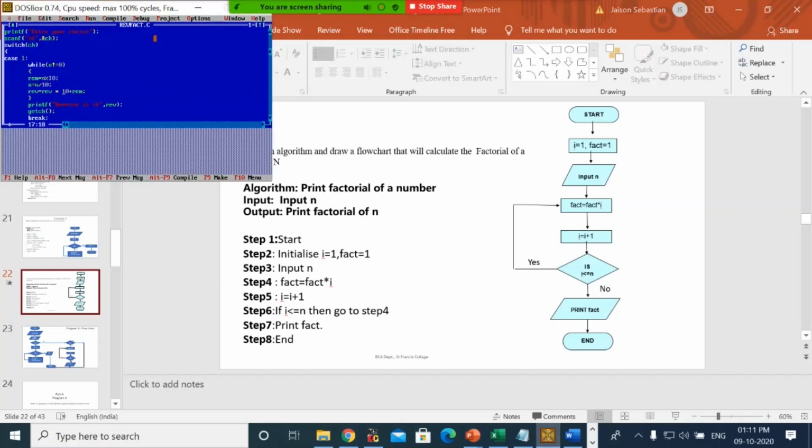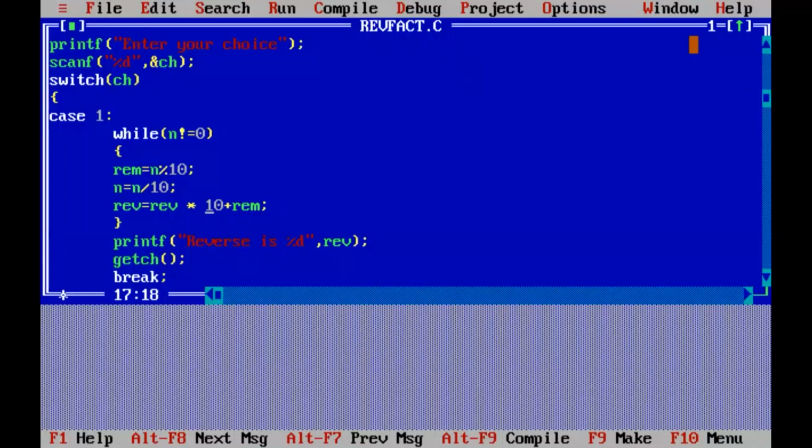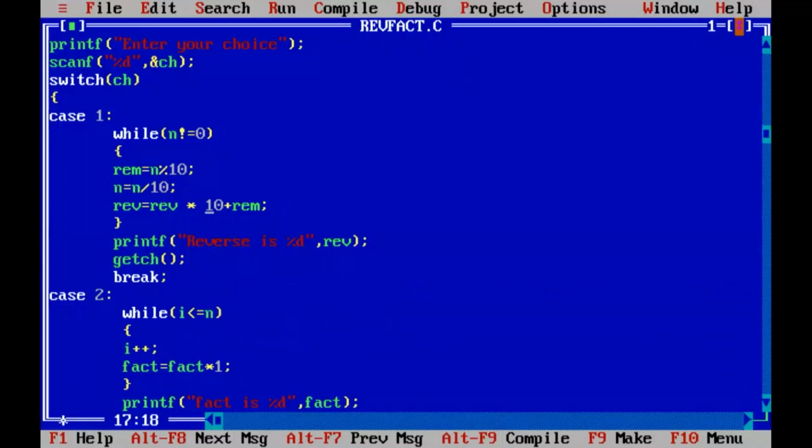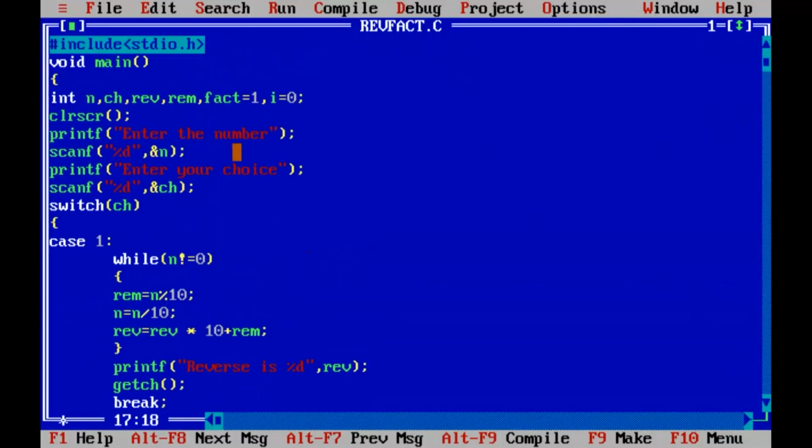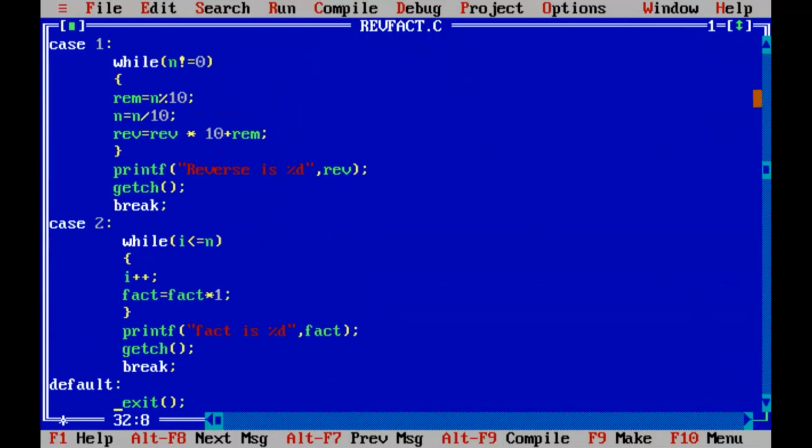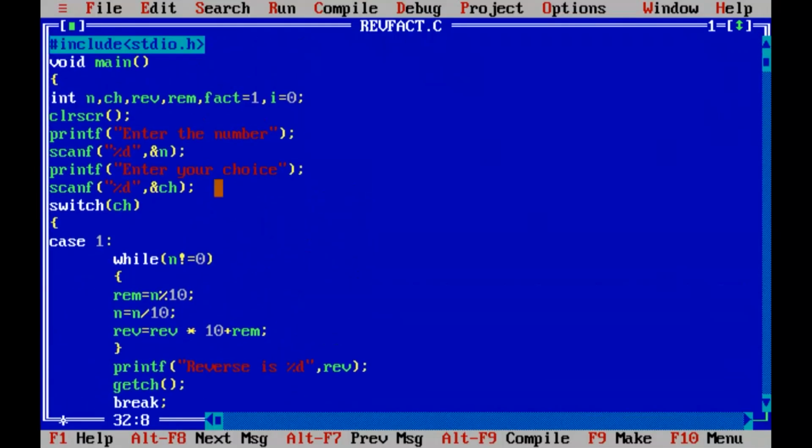So this has to be implemented as a program. I'll just show you a program. Those who are able to, I know you will take a screenshot, but what is our aim is, we will be asking the user to enter the number. Then after that, we are asking the user to enter the choice. Then using switch case syntax, you should be aware. Are you able to see?